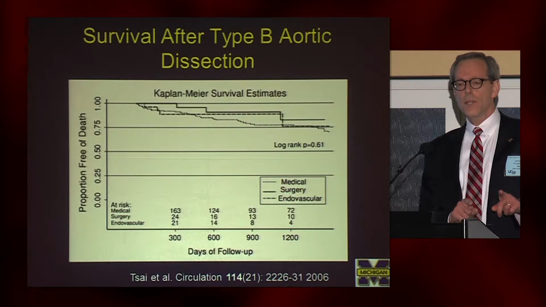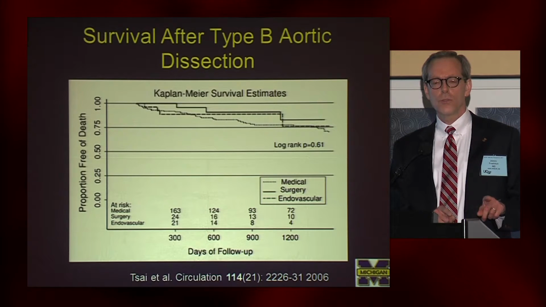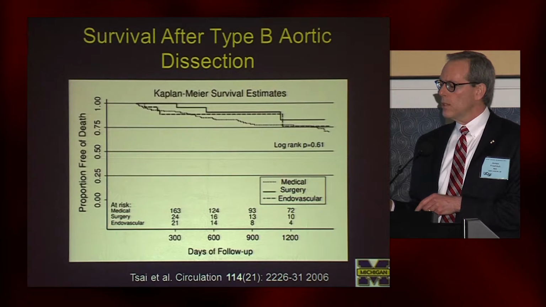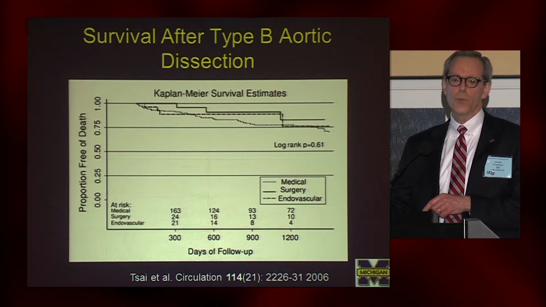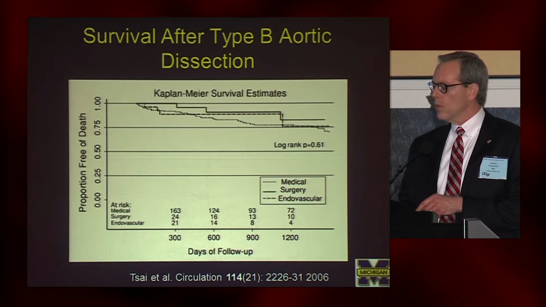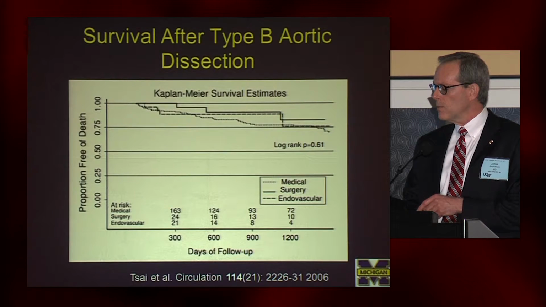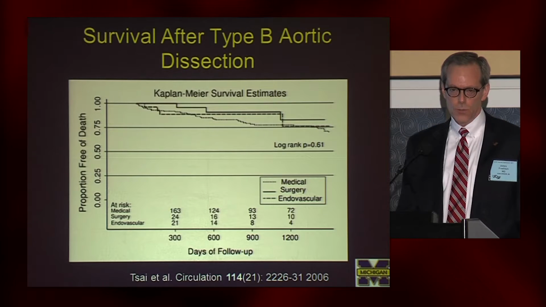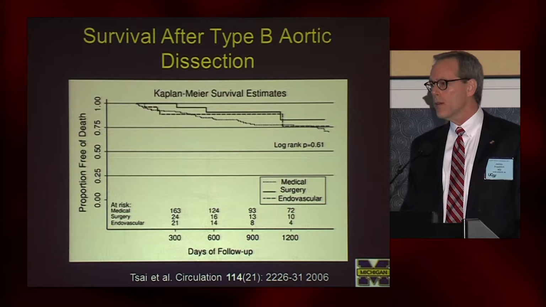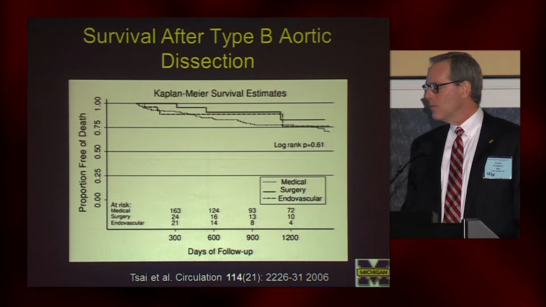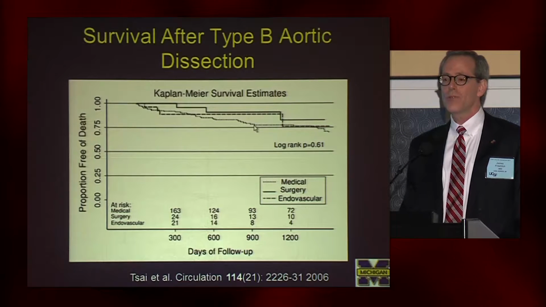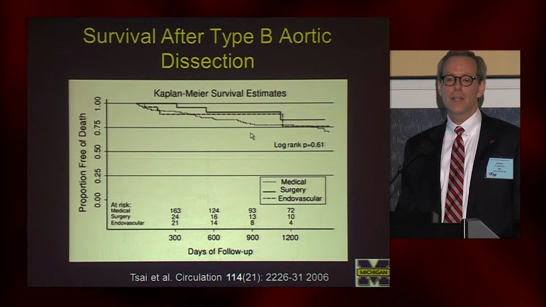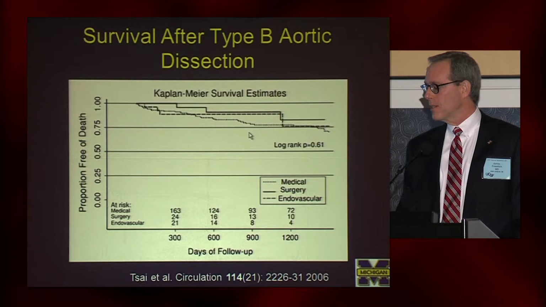So we tend to think about aortic dissection as a surgical emergency, of course, but we've looked in our database at ongoing care for patients with type B aortic dissection, and I want to point out something from this early study about a decade ago that showed that among survivors who leave the hospital alive after type B aortic dissection, in 3 years there's about a 20 to 25% mortality. So this is a high mortality chronic disease once they leave the hospital.